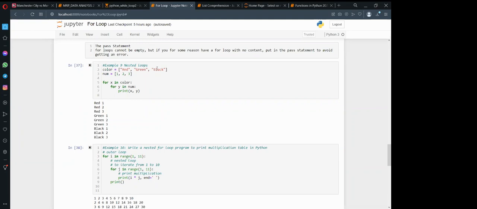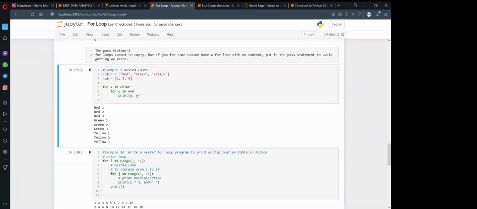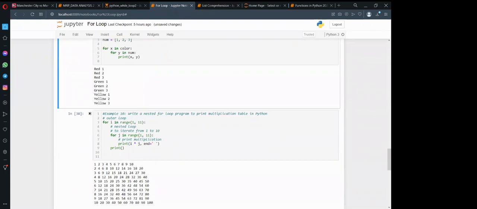So even if you change this one to another color, you'll see the output will reflect automatically. So it is just as sweet and simple as that. So it is not as scary as you may think. So just look at the indentation and you'll be able to get it exactly the way it is.